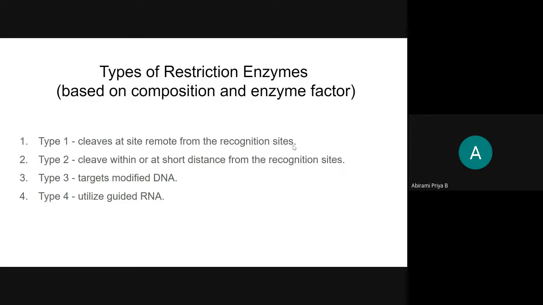They differ primarily in structure, cleavage site specificity, and cofactors. Type 1 recognizes specific DNA but makes the cut at a random site that can be as far as 1,000 base pairs away from the recognition site. Type 2 cleaves on or within the recognition site and is a component of the restriction modification system that protects bacteria and archaea from invading foreign DNA.